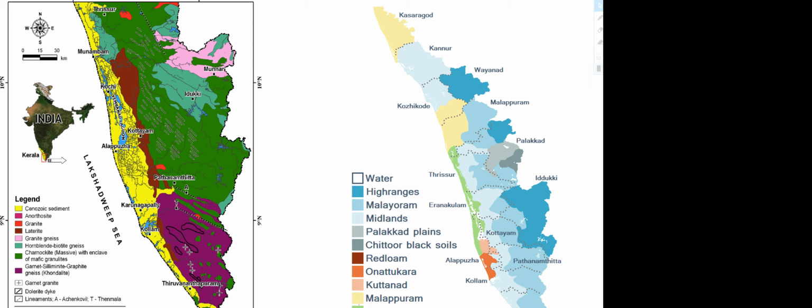So here I have taken a map of Kerala. I have taken this from their particular website, where I can compare and give you an idea of what is meant by geological and geographical layout. So geographical is what you can see right here.